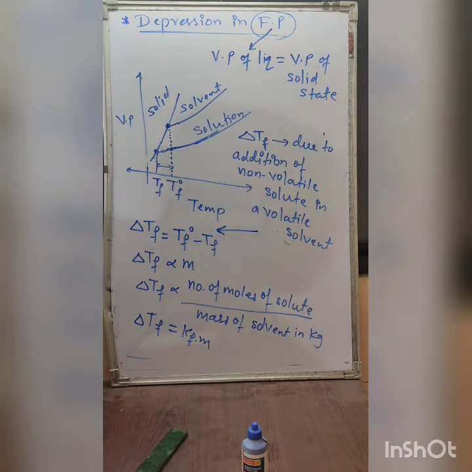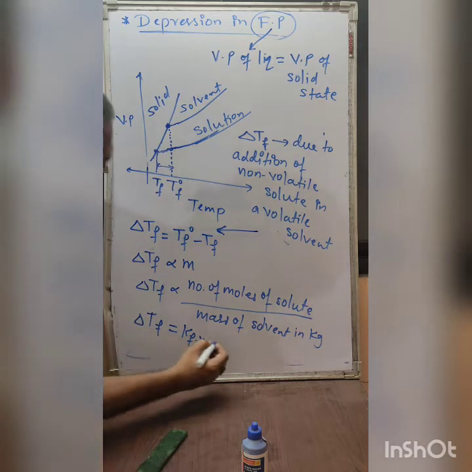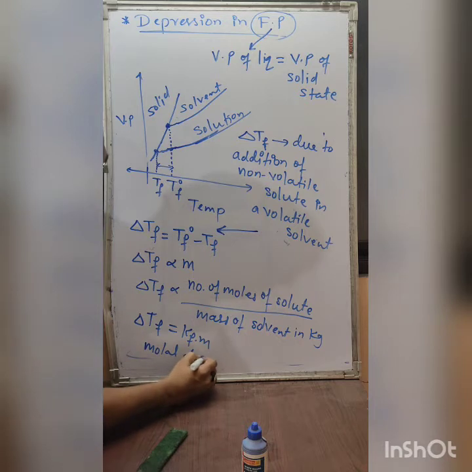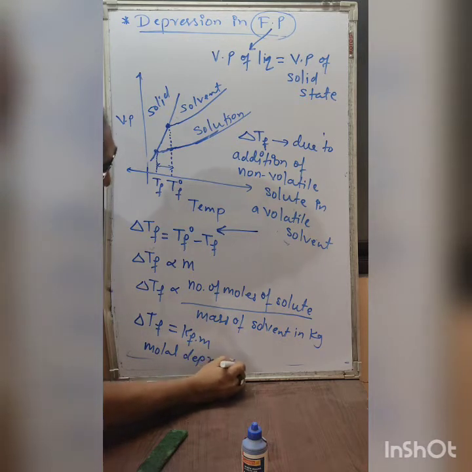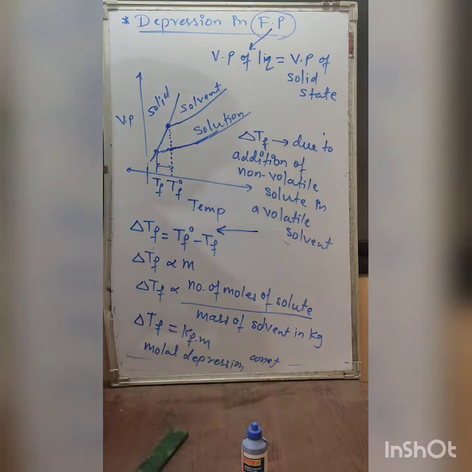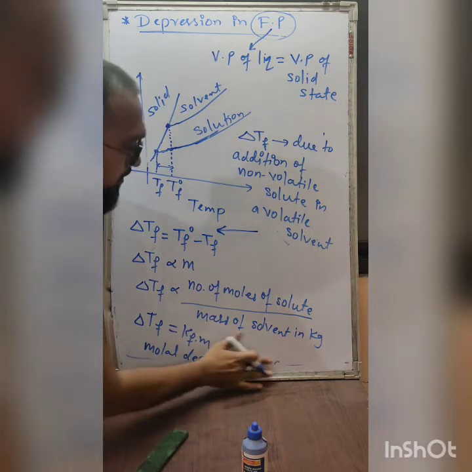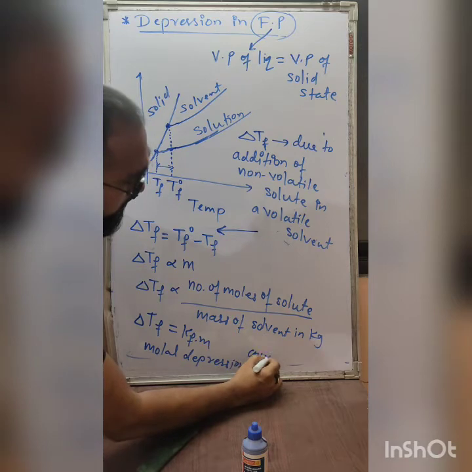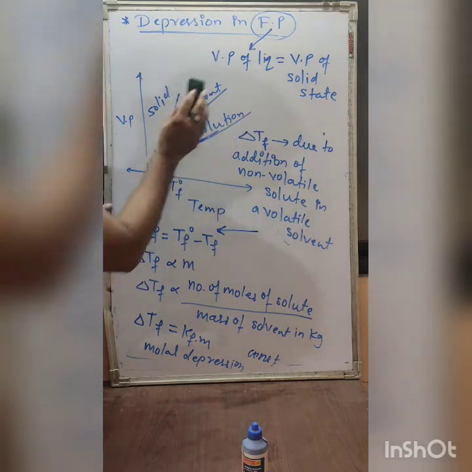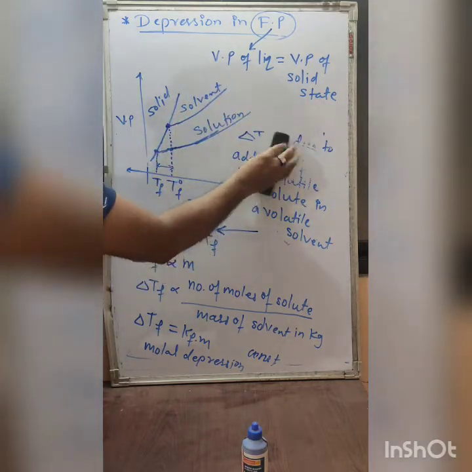Kf into M, where Kf is called the molal depression constant. Okay. Now we will see the relationship between